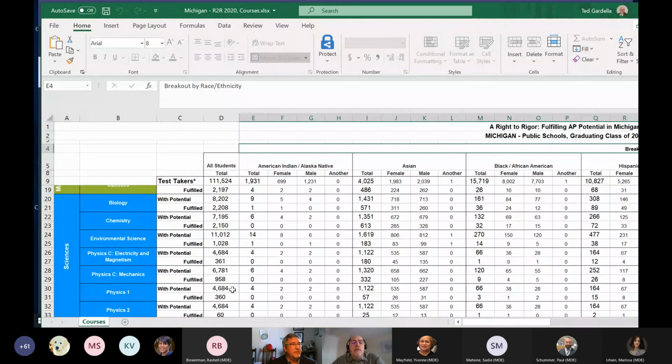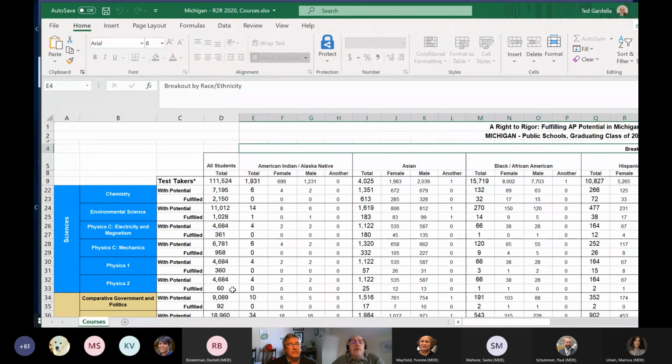That was, I think, a really neat data point in that presentation. Sure. That's not in this spreadsheet, but I identified that. We've been working with MySTEM Network for 4 years to expand Computer Science Principles in the state. We've launched over 400 courses. And so last year, in the 2020 cohort,